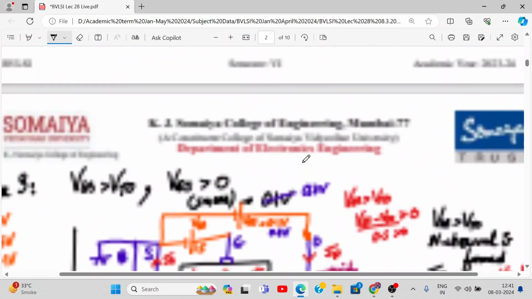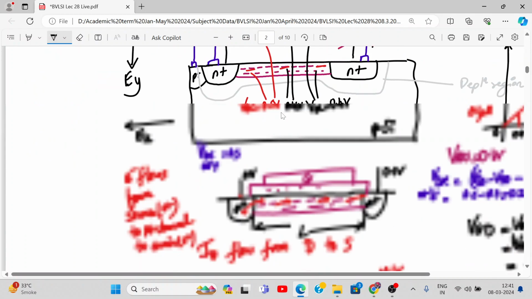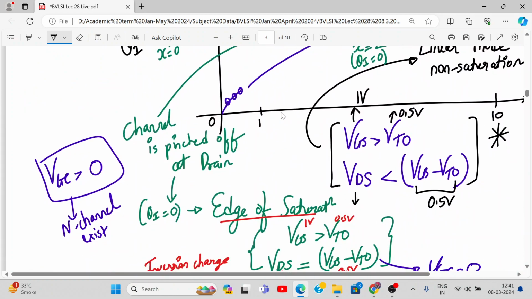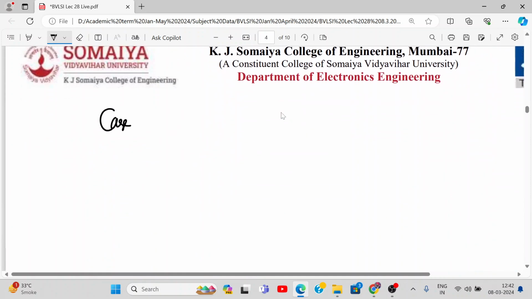Let me redraw it. This is case number, actually हमारा case वो चला गया पीछे. We have defined VDS small, then we have got VDS 0.3 and 0.5. So ये देखो, this case was case number 4 where you have written this edge of saturation. So ये case क्या था, VGS greater than VTO and VDS was equal to VGS minus VTO, correct. VGS was 1.5, this is 1, so 0.5 था, ये case 3. Now case 4,